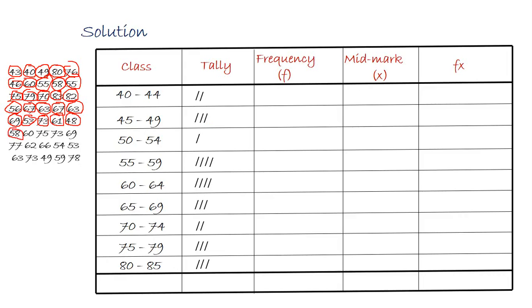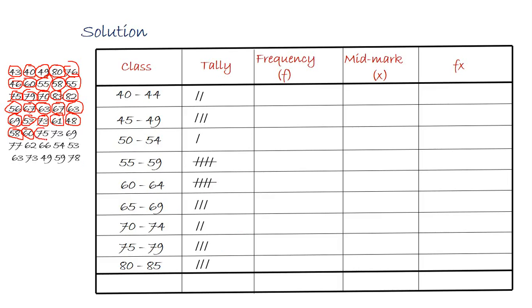58 lies in the class of 55 to 59. So we complete this band of 5. And then 60 lies in the class of 60 to 64. We also make this band of 5. And then